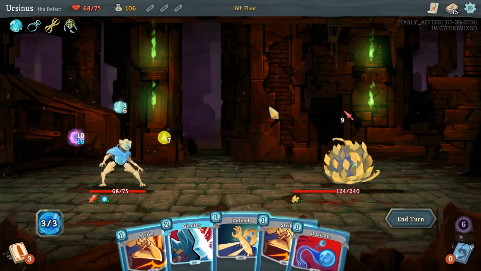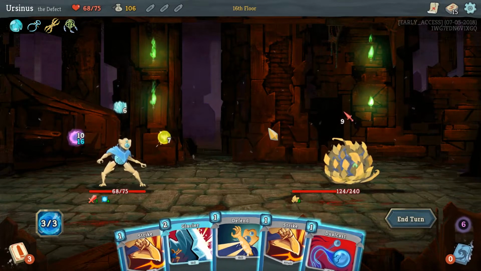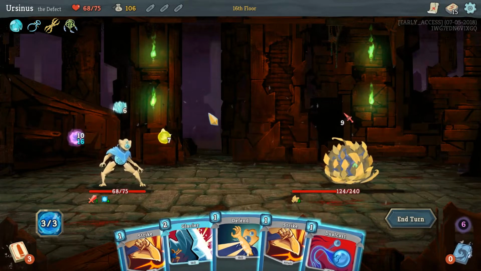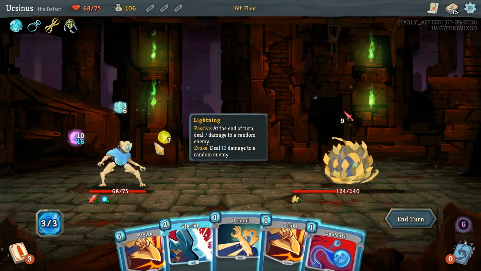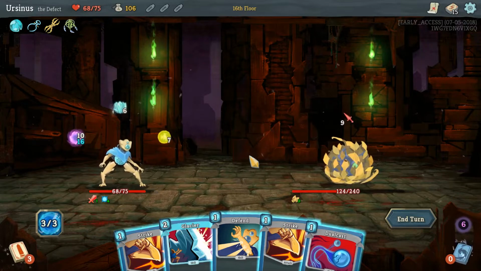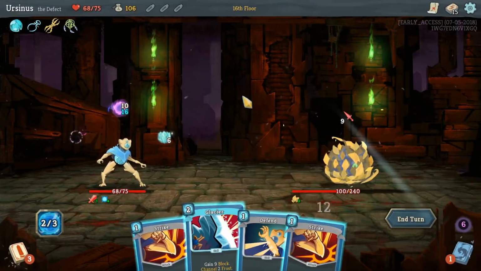Okay. So 9 here. I mean, Dual Cast conjures out 24 damage, which is a lot. Then we can Glacier up and kind of go from there. Let's do that. Let's play defensive. And it might be able...